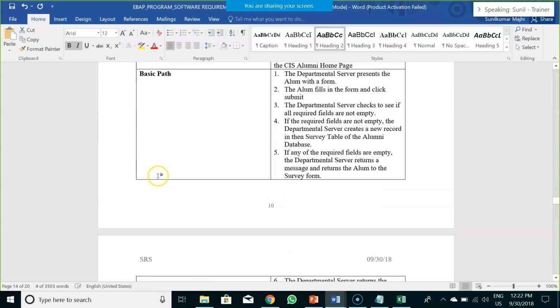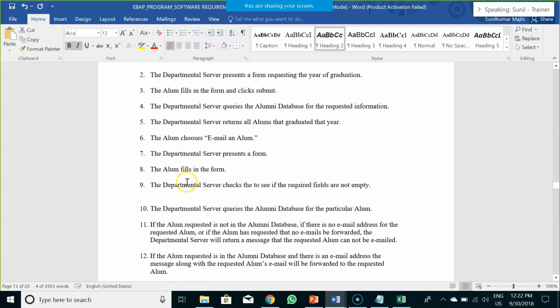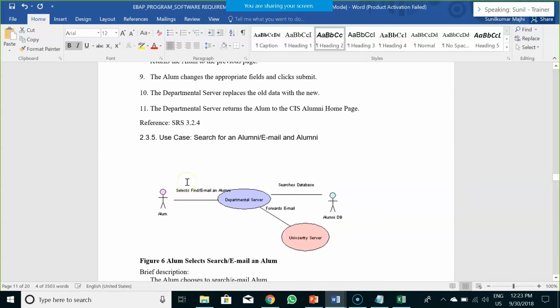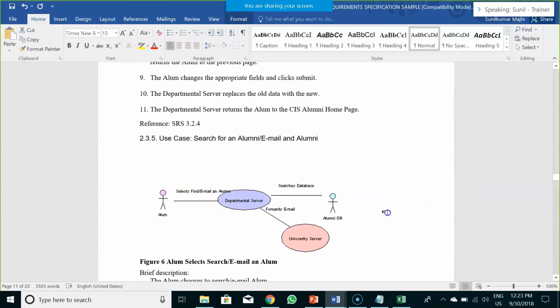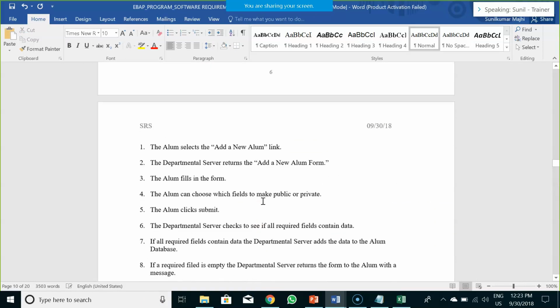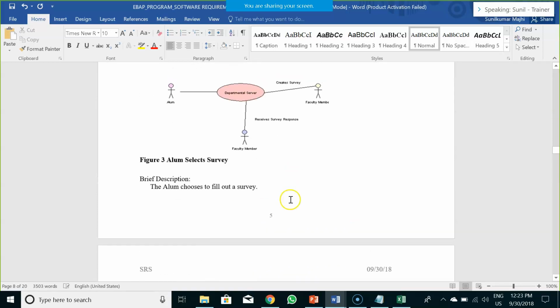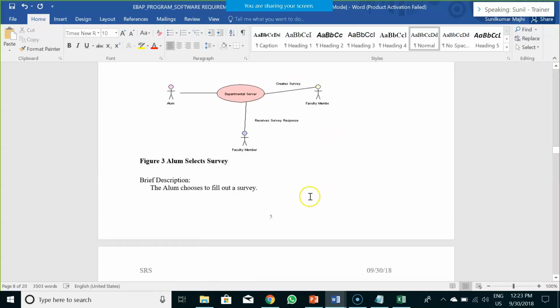Although the assignment for today is to create a software requirement specification, all the elements have not yet been covered in our program. So what you could do at this point of time is go through this template and read through this sample to see how the software requirement specification looks.